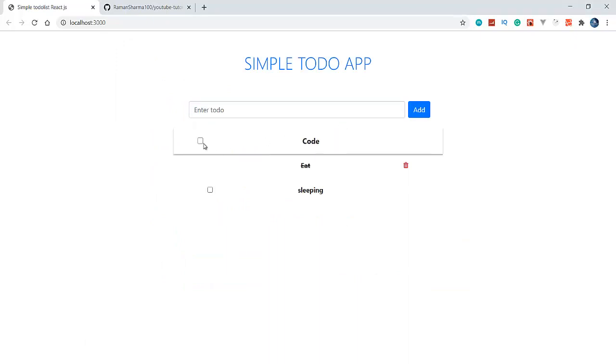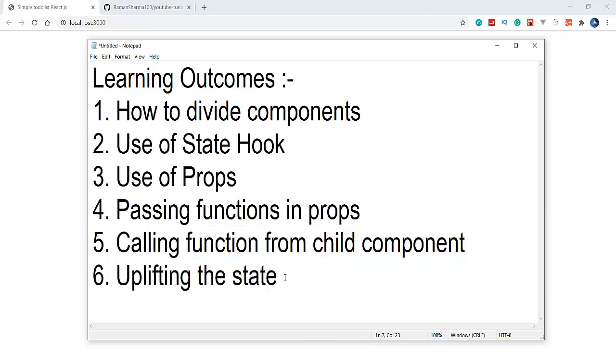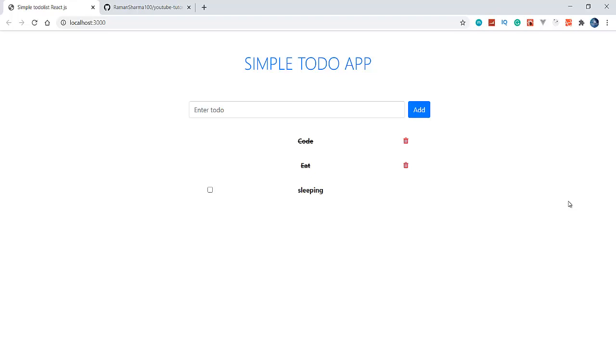Whenever we click here in this child component, the logic will update in our to do component. Then we will get to know how we can uplift the state. What is the meaning of uplifting the state? When I click here, the state gets updated, but in the parent component, not in the child component.